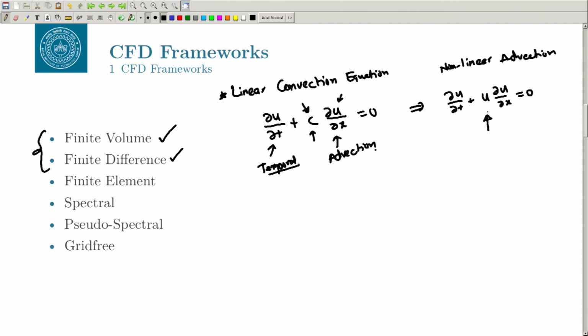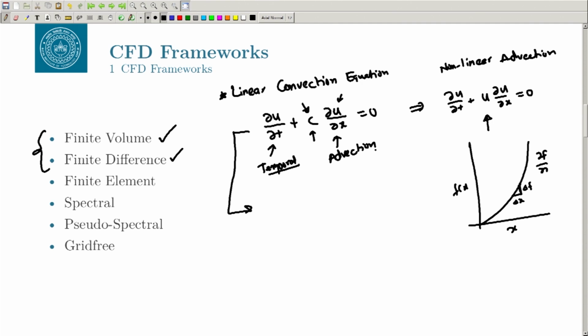Okay. So, if you want to solve this, let us go to the very basic way of discretizing your differential equation. Like we discussed earlier, if you recall, we had this x and this f of x, and we said that we can discretize it like this. This is my delta x, this is my delta f. So, df by dx would become the limit as delta x tends to 0 of delta f by delta x, right. Similar thing if you use here, this can be written as, let us say, f2 minus f1 by delta x,